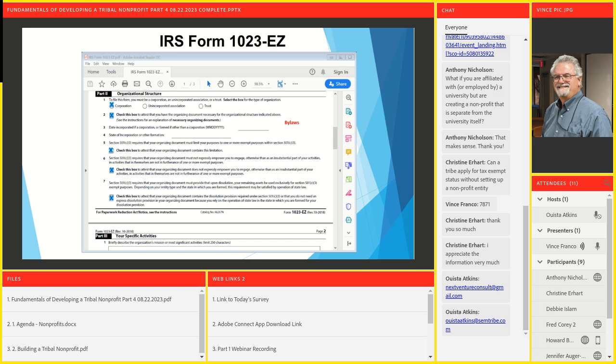You've got to have a mechanism in place to give those monies or those assets back to the original donors, or to another nonprofit, another 501(c)(3), or thirdly, back to the government entity. Like with the Native Learning Center, the facility originally came from HUD. It was paid for by HUD back in the day. So if we're going to give the building back, we would give it back to HUD.